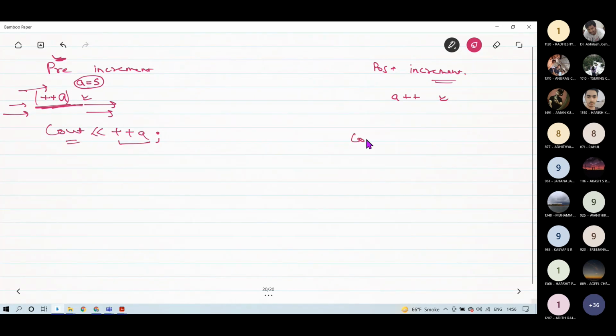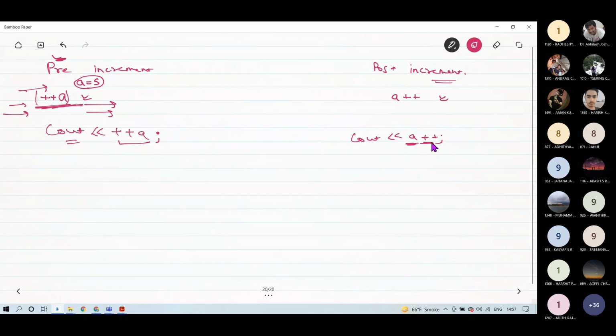Similarly, if I write cout a plus plus, it will perform the operation first, and then it will increase the value of a by 1. This pre-increment and post-increment will be useful in your for loop and other things.